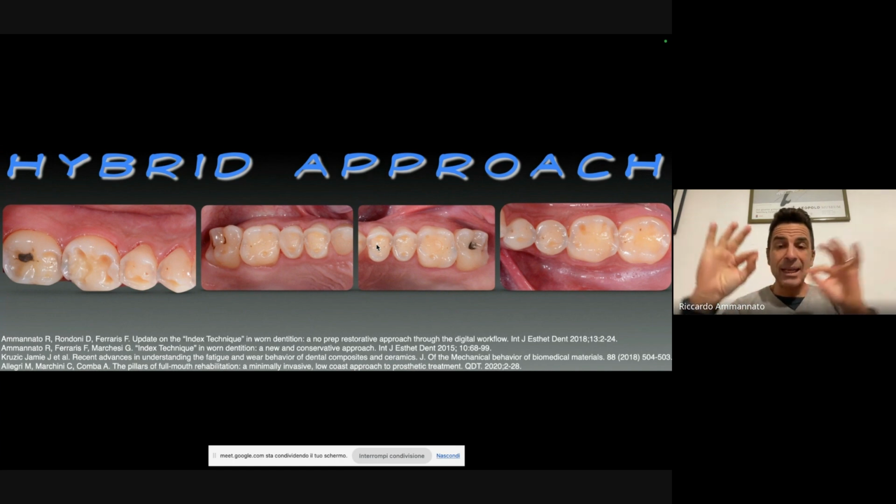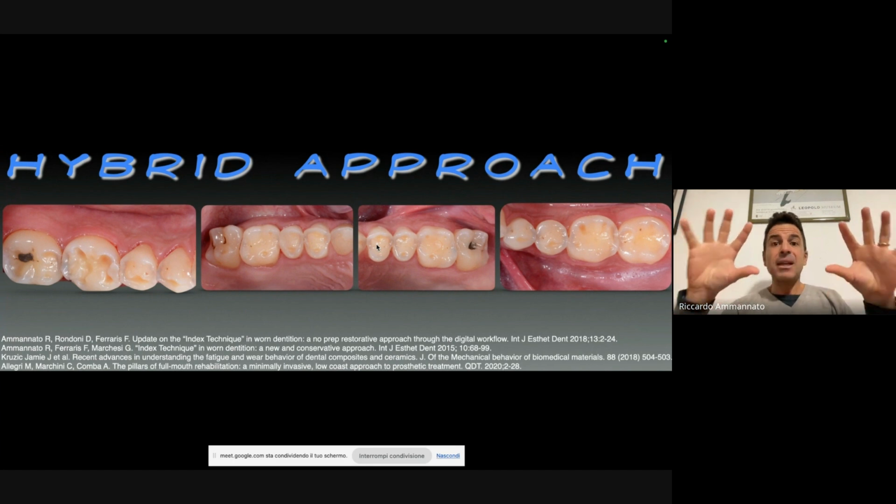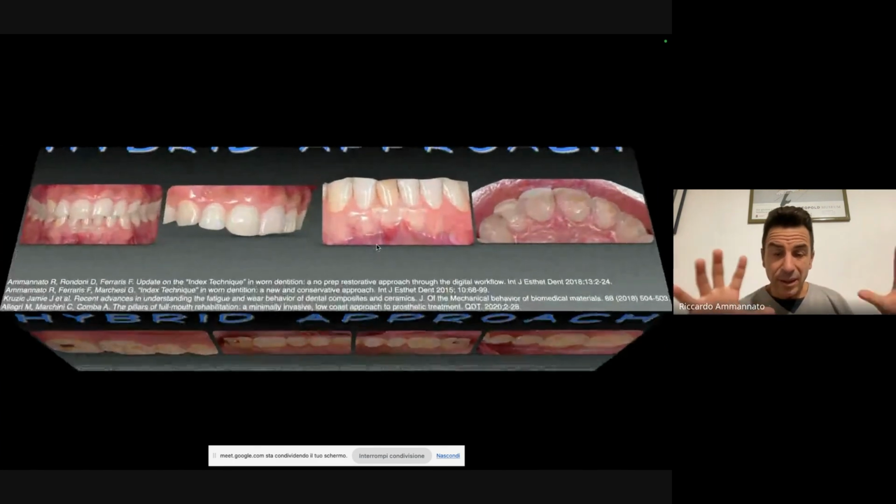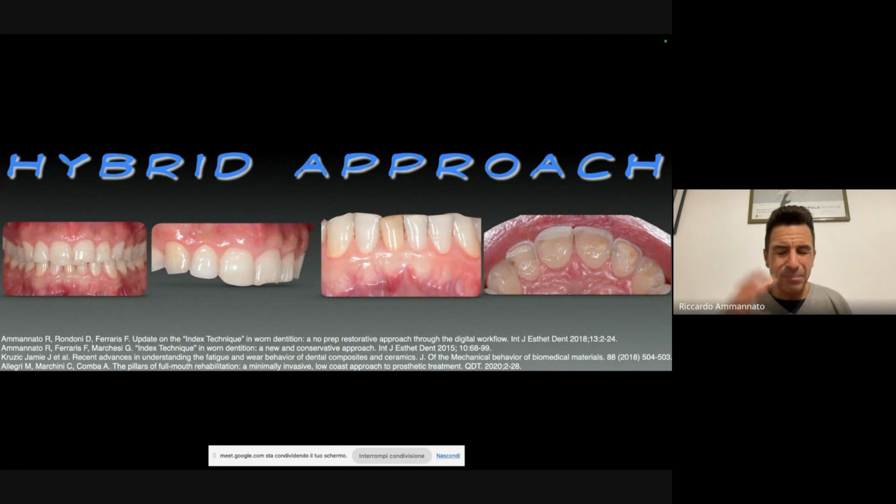That's why I usually place this kind of material on the first molars and canines, in order to have a more stable occlusion. On the other teeth, we can perform a molding approach through the index technique. So 20 teeth are going to be molded.